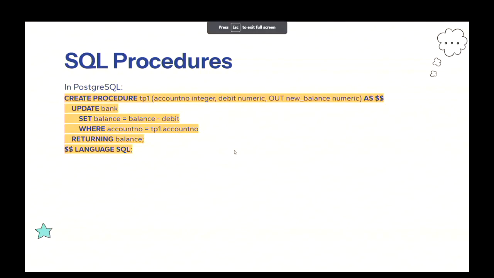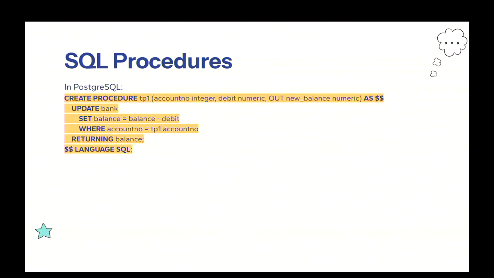Now let's move on to our last concept today. It's called SQL procedures. The creation of a procedure is very similar to the creation of a function, and actually the concepts of them are similar as well. A procedure is a collection of SQL queries, and the syntax for creating is just create procedure.